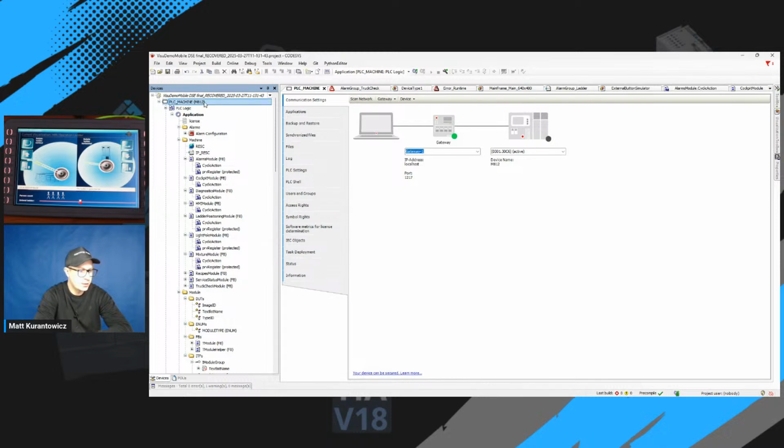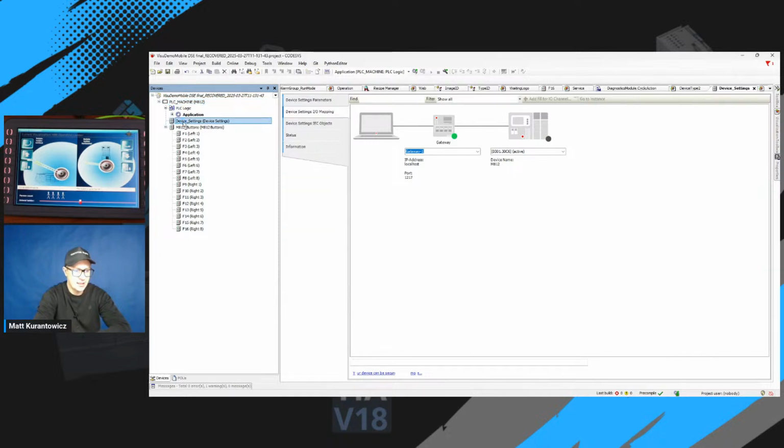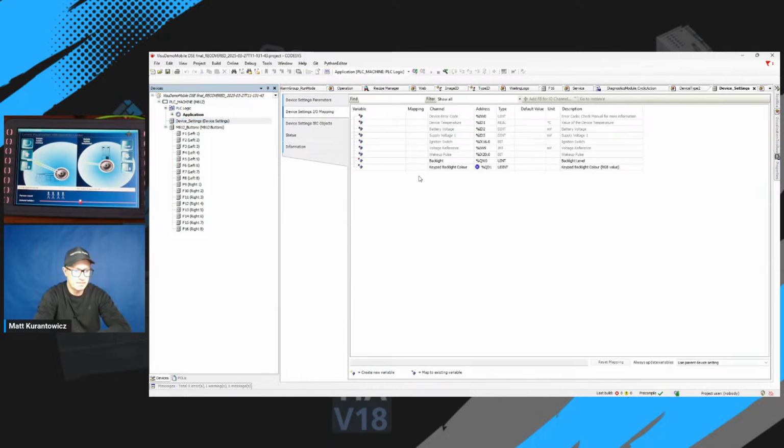Under the device, we have PLC logic with application. Inside the application, you program the whole logic and you add visualization. Let's go to device settings. And here we have addresses, in this case for